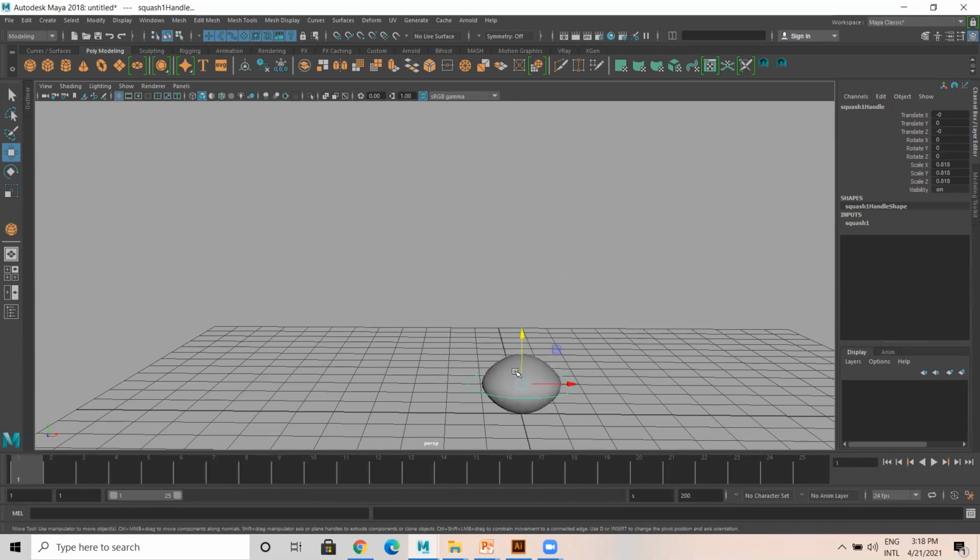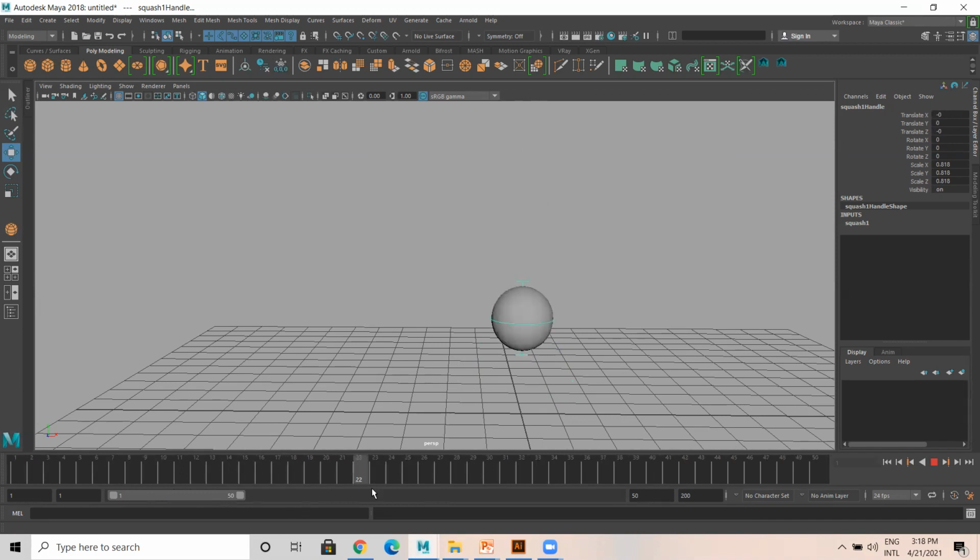Now let's do one thing. Assume this is some kind of a character when he is jumping from one place to another place. We have to animate this character properly. So till 25 he is animating.